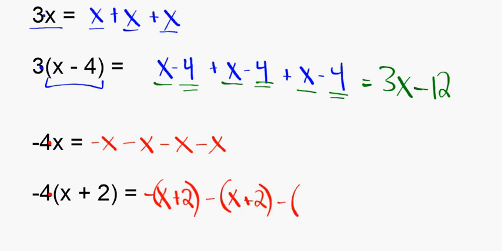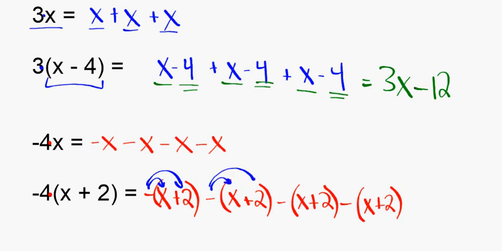Now, if I'm going to be subtracting the x plus 2, I can't just subtract the x. I have to subtract both the x and I have to subtract the 2 for all of these. Subtract the x and subtract the 2. Subtract the x and the 2 4 separate times. So you're going to subtract x and 2